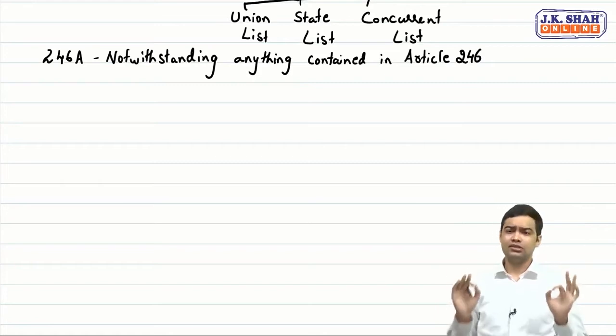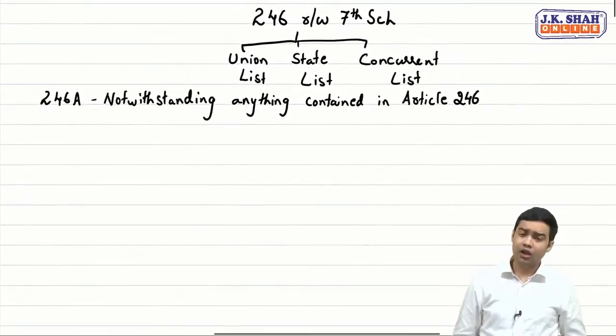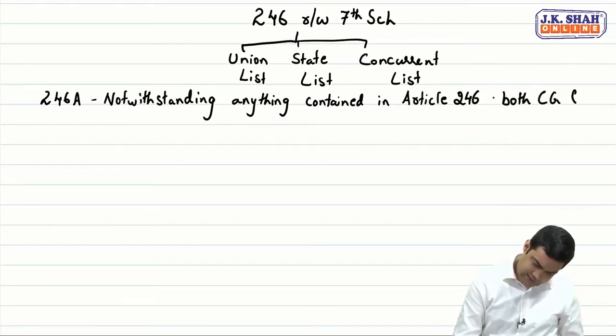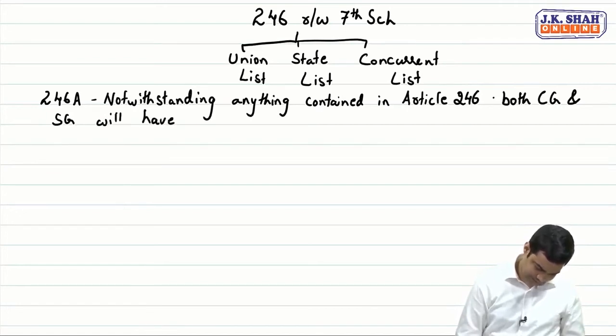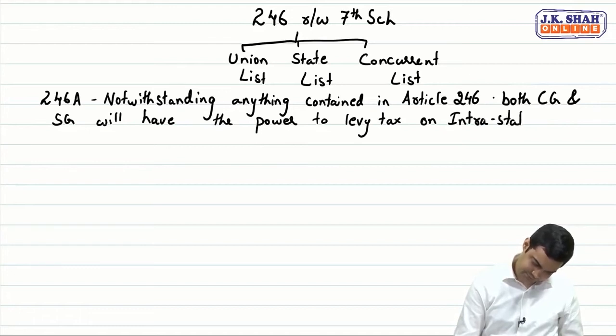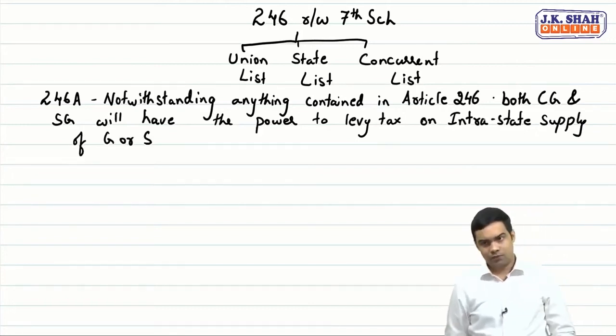I am much superior compared to Article 246. And then it says, both central government and state government will have the power to levy tax on intrastate supply of goods or services. Now, what's the meaning of